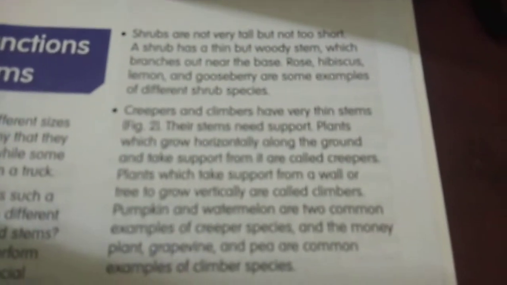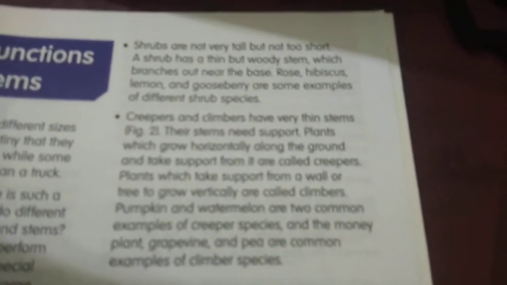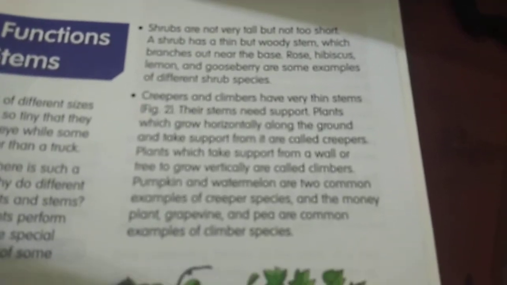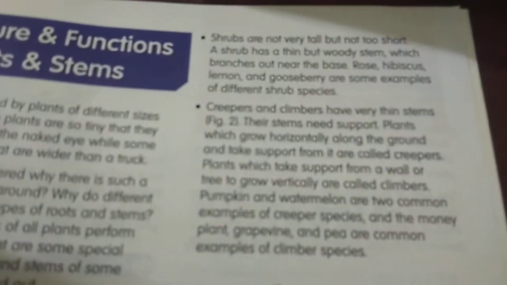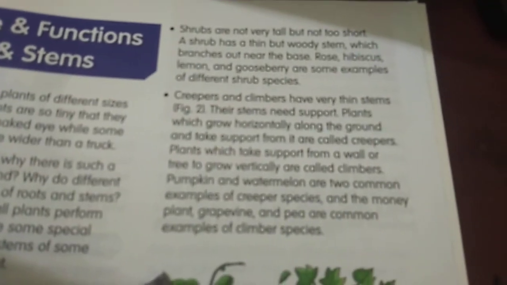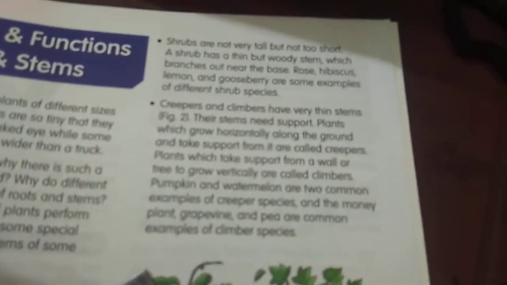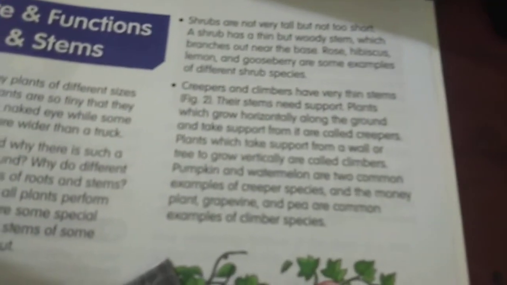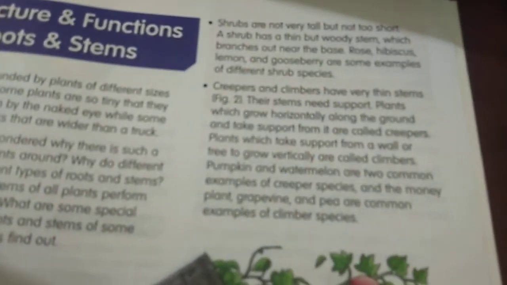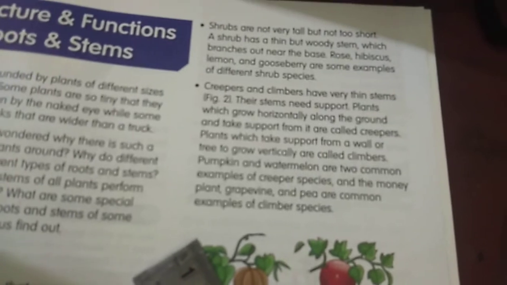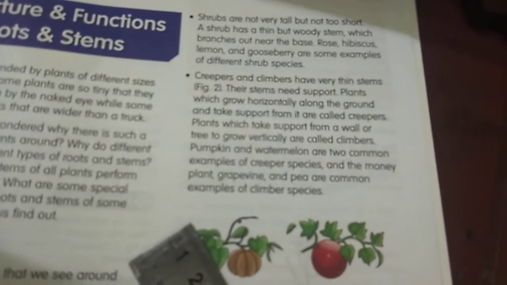But shrubs, S, they are in between tree and the herbs. They will not have strong, very hard stem like trees, but at the same time it will not be very soft green color like herbs. It will have brown color like trees, but the stem will be very thin, soft. Same way, it will not grow very tall. It will be medium height. Now apart from this stem, herb and shrub, we have two more interesting types. Let us see what is that.